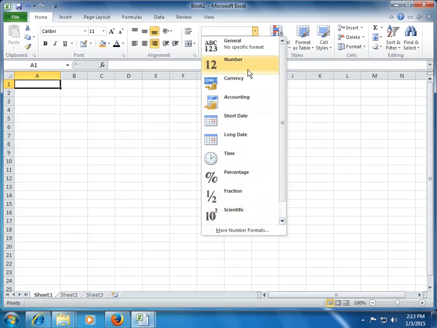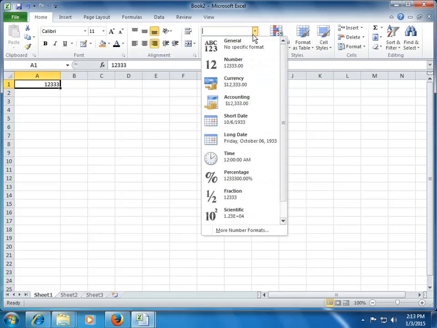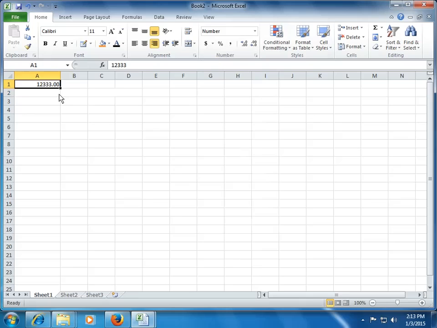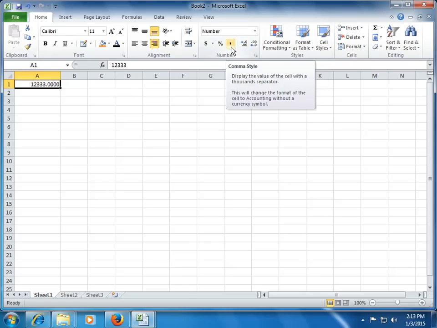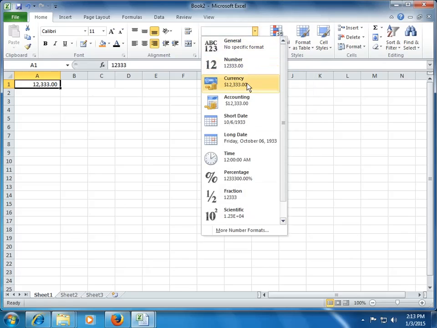Let's review some of this for our understanding. Let's say I write a number, so by default Excel takes a general format. If I choose number format, you can see that Excel has added 2 decimals to it. Again, I can reduce or increase the decimals by using these 2 buttons below, right? This comma which you are seeing here helps as a 1000 separator, right? So if I want to add a 1000 separator to my data, I can click on this button. Clear?